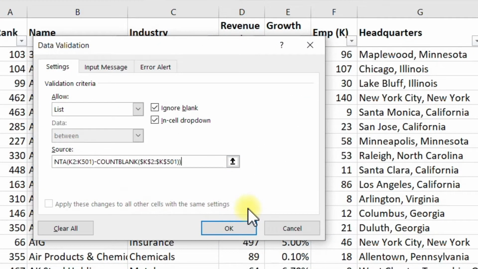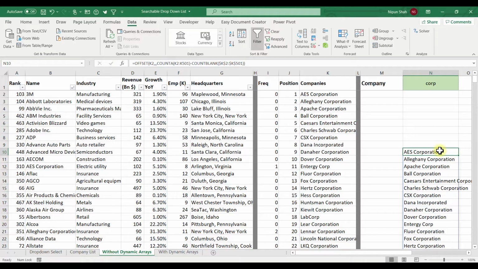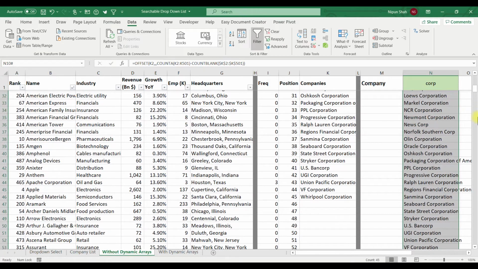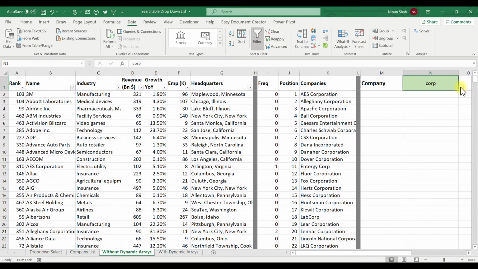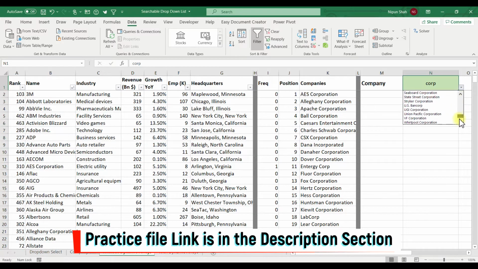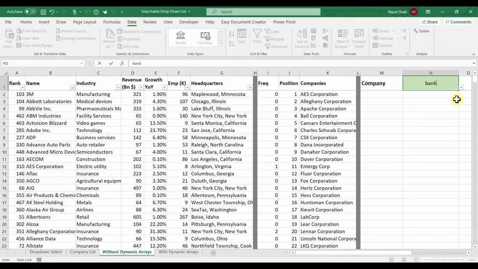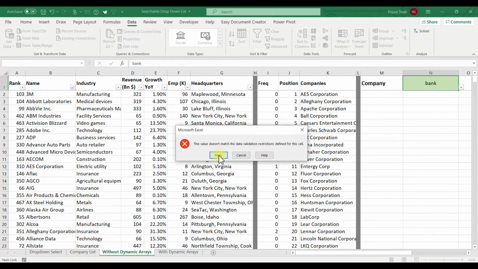Now guys, I can copy this formula, go to the search cell, Data, Data Validation, List, and paste the formula here. Hit OK. Now I don't need this, so delete. Here if I open the drop down, I am getting a list of relevant companies. If I change my search criteria, it will not work as there is a restriction in the data validation.